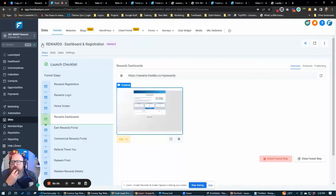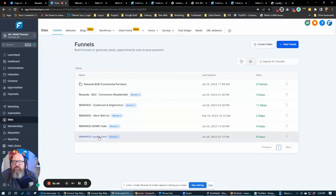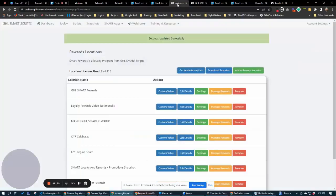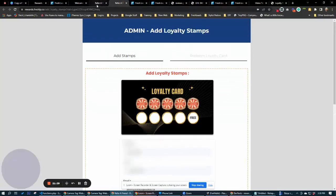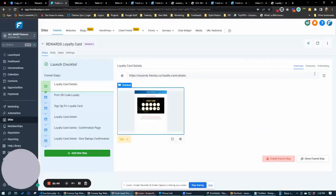Okay, I'm going to go back over here. This is inside of our system. I know I hinted at loyalty cards before. The cool thing about loyalty cards here is when you sign up, we're going to pop up a page. I had this open, and I want to leave that open because I want to show you guys something. So if we open this up,